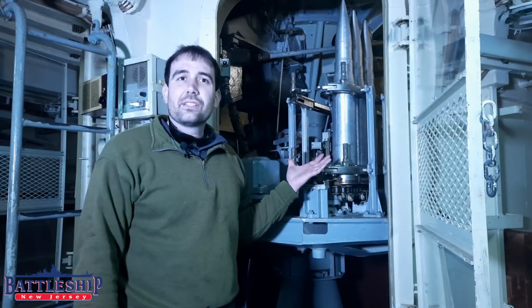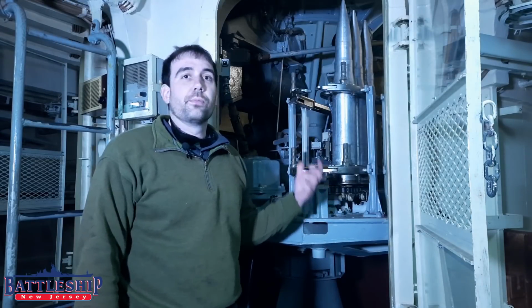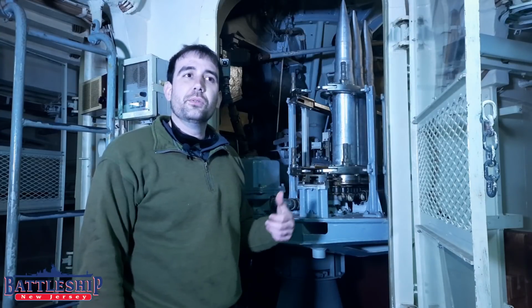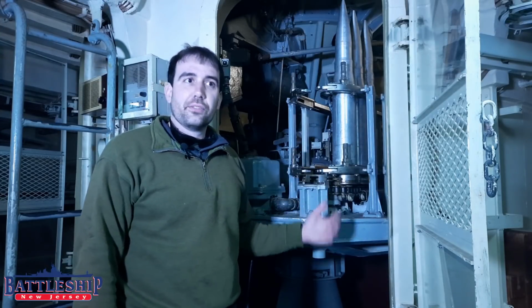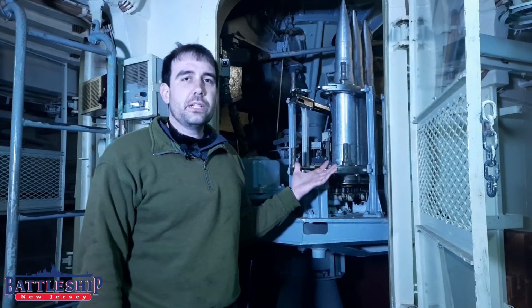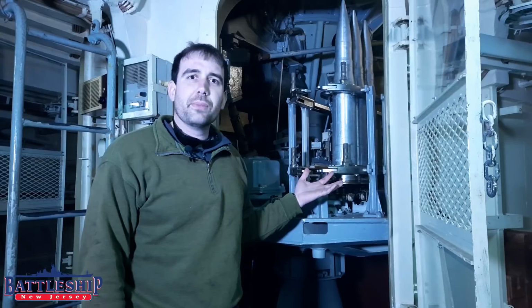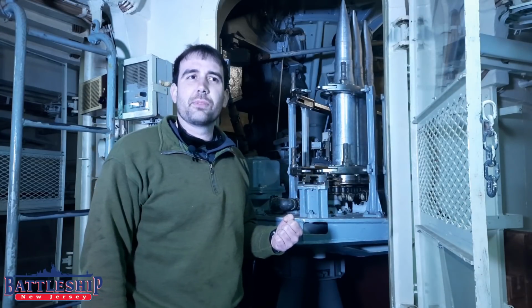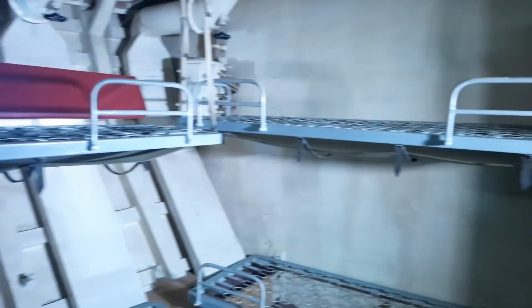The AK-176 is a 76 millimeter or 3-inch gun, and it's a dual-purpose weapon system, so it can be used for other vessels, land targets, or against aircraft, or potentially against incoming missiles, although it's not going to have much luck against a high-speed missile. It might make the crew who is berthing in this space around the barbette feel better for a short period